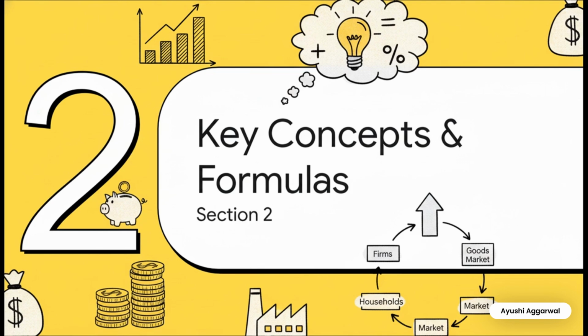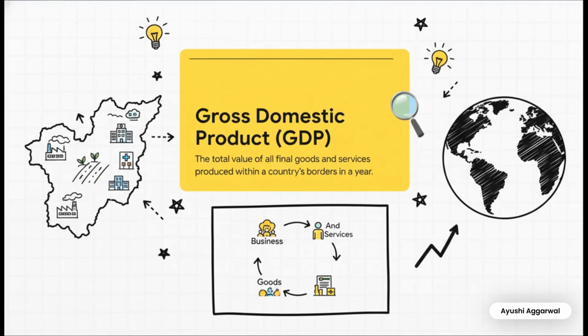All right, now we're getting to the most critical part of this topic. This is where those direct formula-based questions in your exams come from. So you need to understand every single concept here very, very carefully, because this section right here, this is what's going to lock in those marks for you. First up, the most common term you always hear, GDP, or gross domestic product.